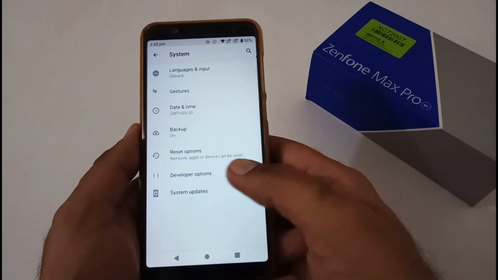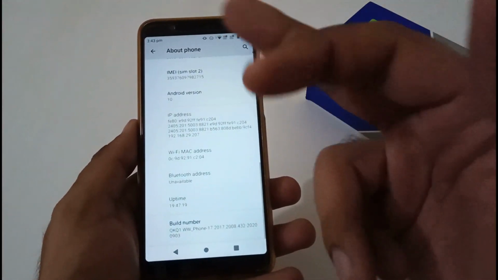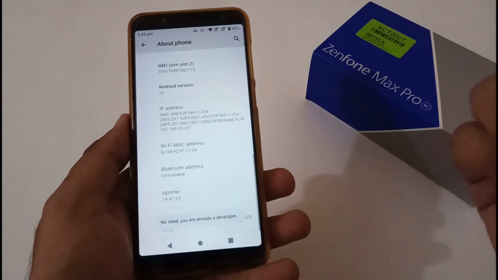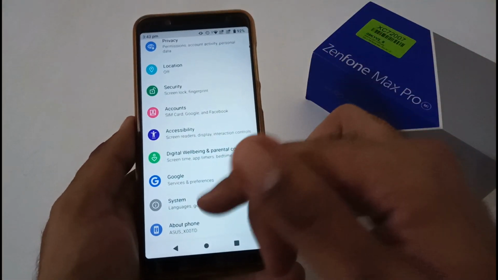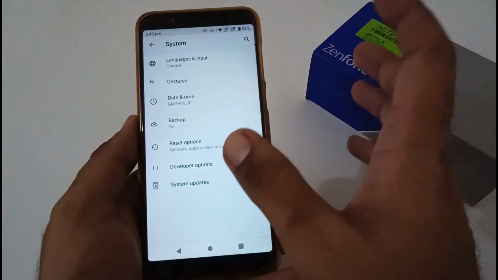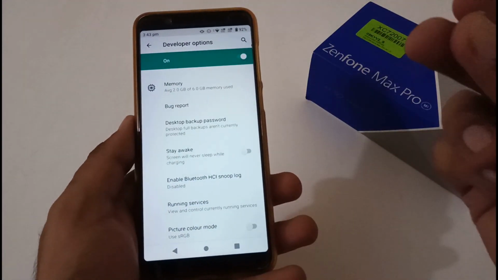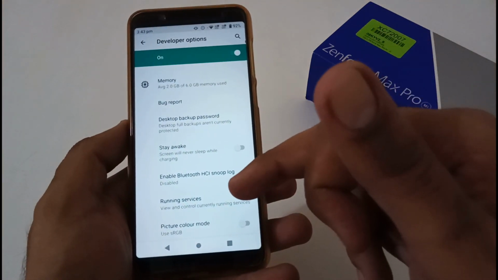After gestures, now let's move to developer options. If you are not aware of how to turn it on, just move to the about section, and on the build number, just tap here 6 to 7 times. It will show you that you are a developer now, and afterward you will see this option, that is developer options. After that, just tap here, and I have already discussed these in my previous videos, again for the ones who have never seen them. So please bear with that part as well.